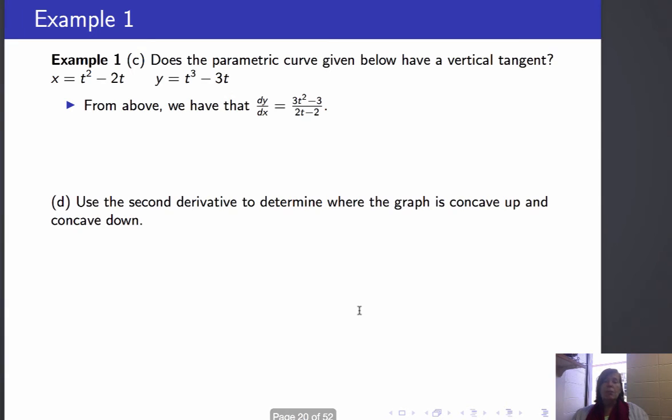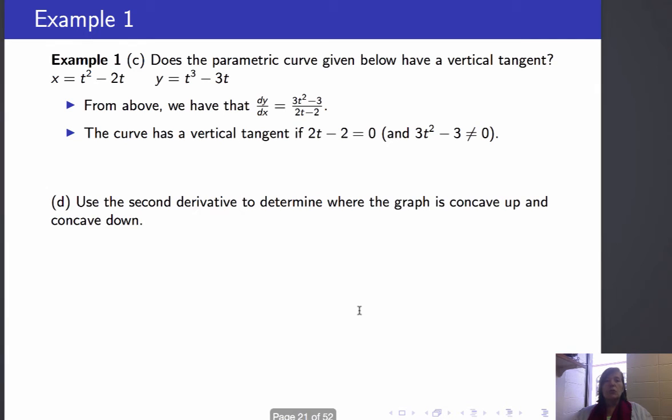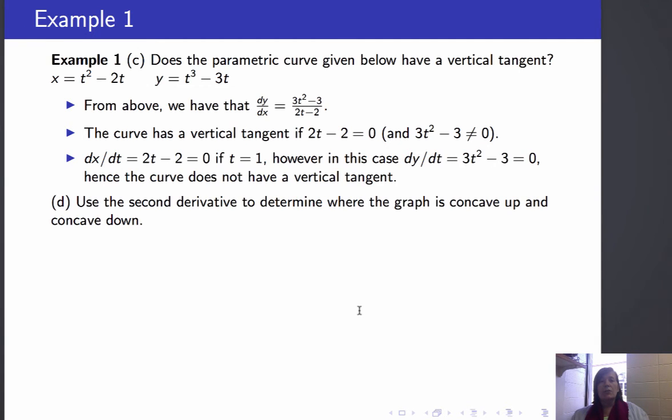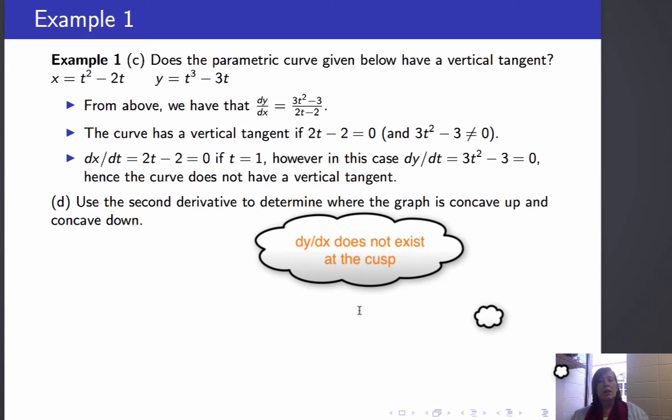So now we're looking for a point where dy/dx is equal to plus or minus infinity. So we want (3t squared minus 3) over (2t minus 2) to equal plus or minus infinity, and this will happen if the denominator is 0 and the numerator is non-zero. Now dx/dt here is 2t minus 2, so that's 0 only if t equals 1. However, in that case, dy/dt equals 3t squared minus 3, which equals 0,